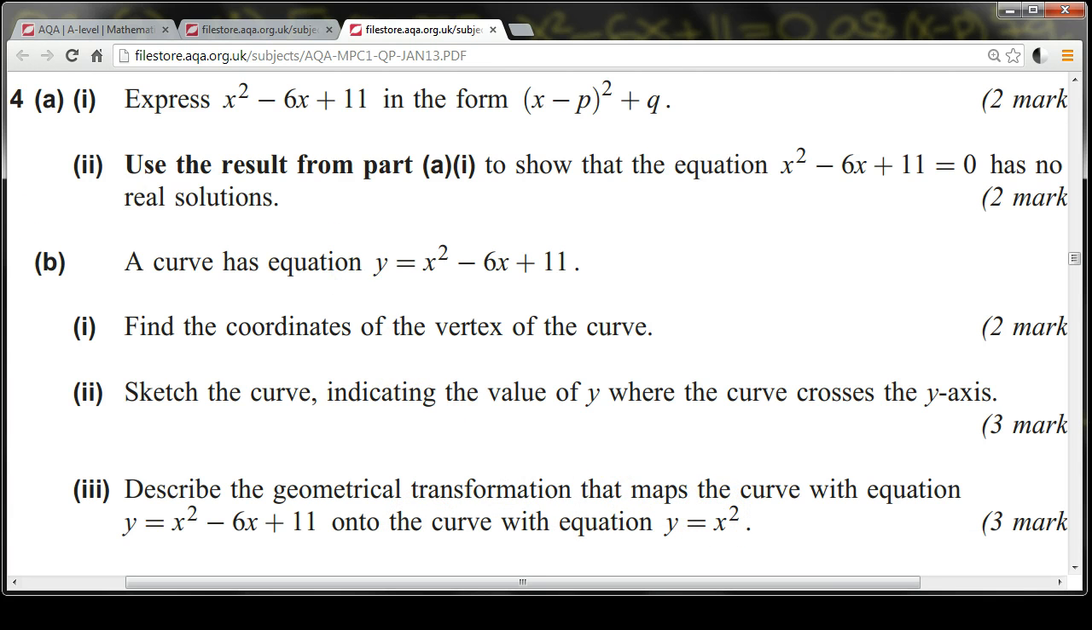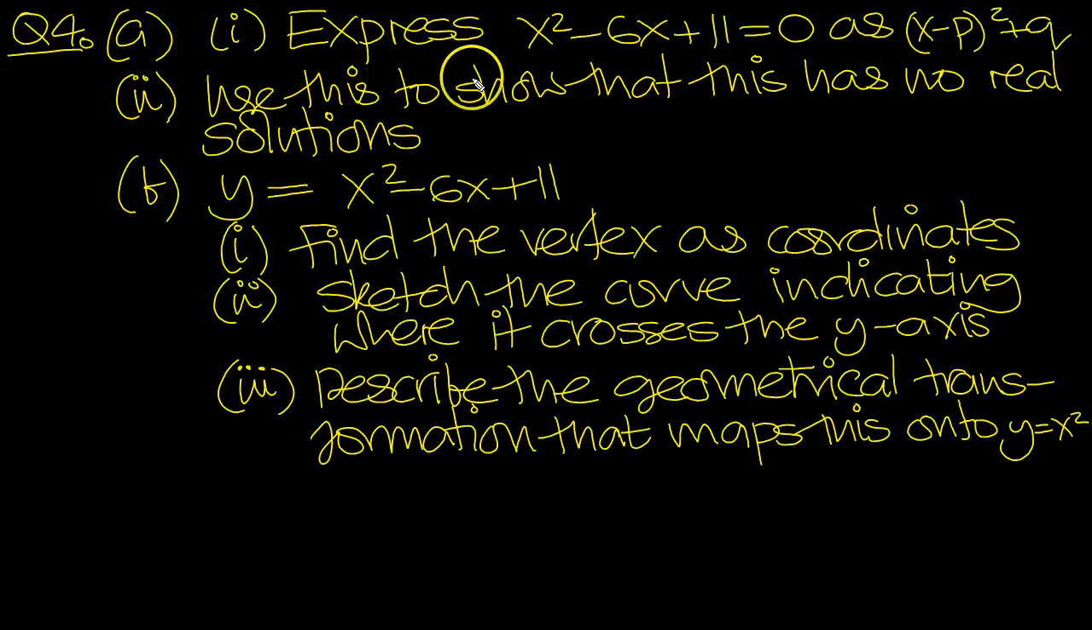So there's the question then. So here, I've written it out in summary form. So let's have a look at A part 1 then. Here,